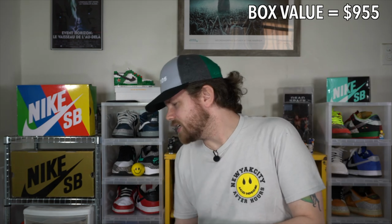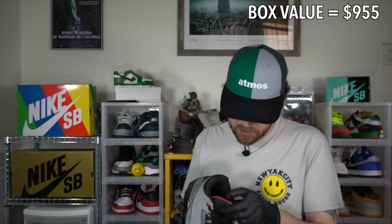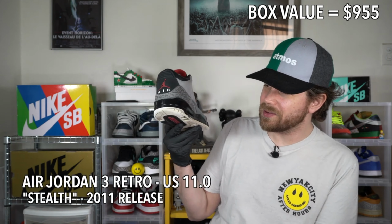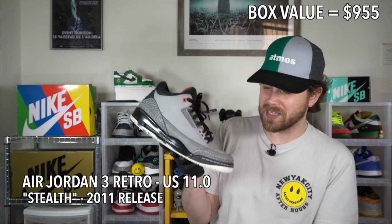The last pair without a box is another size 11, I'm assuming. Yes. It's a Jordan 3. These are the Stealth 3s. This is a really, really underappreciated colorway, if you ask me. I think